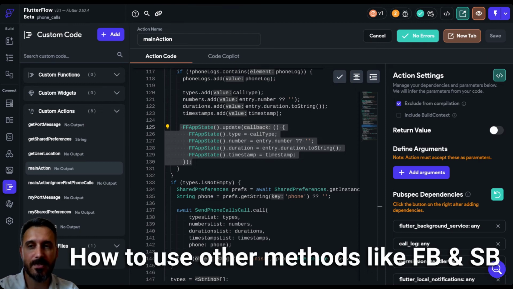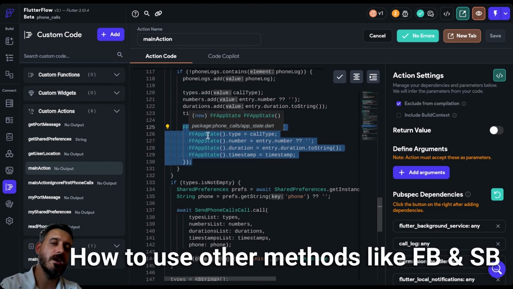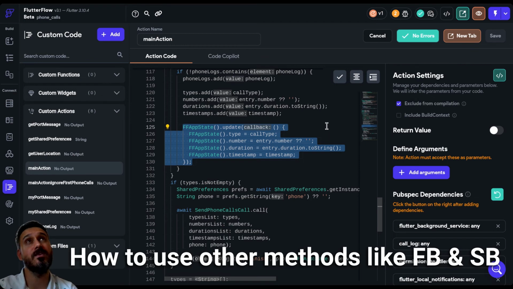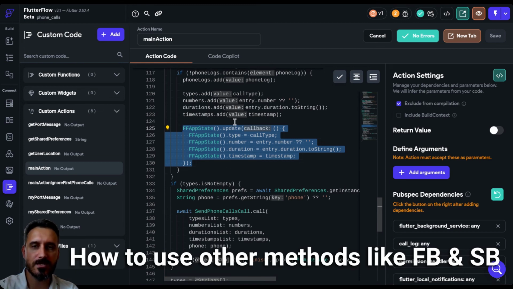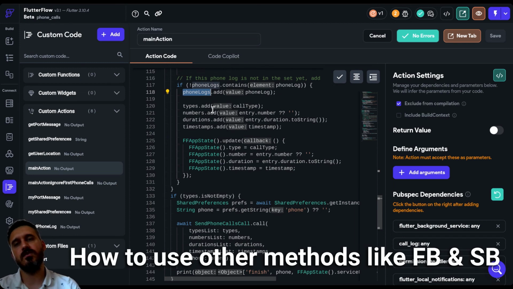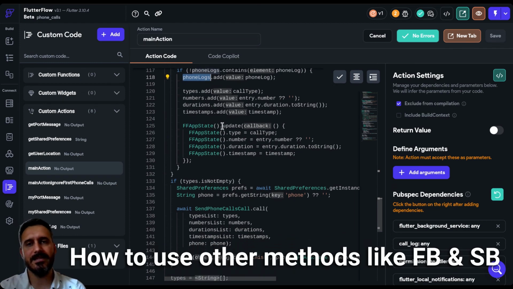So this is the most important thing that I wanted to tell you. And there's a couple of ways you can do that. You can do it by phone log, and because my phone logs are, like I said, from 5 years ago, I have like 400 or 500 phone logs. So doing them one by one is actually not the best practice out there. That's why I put all the logs into this array of phone logs, and then